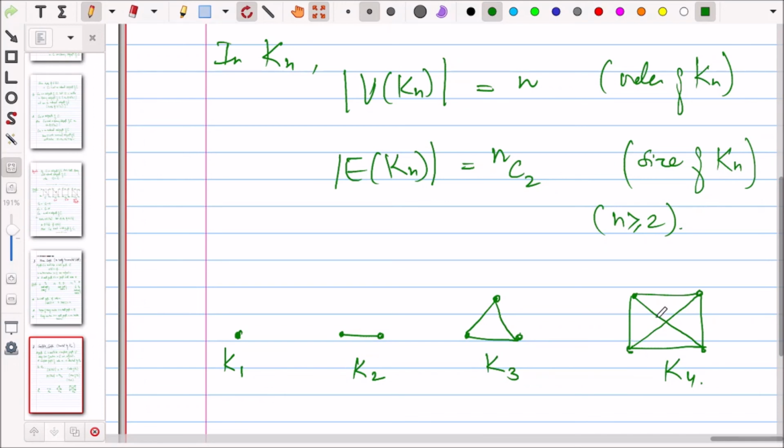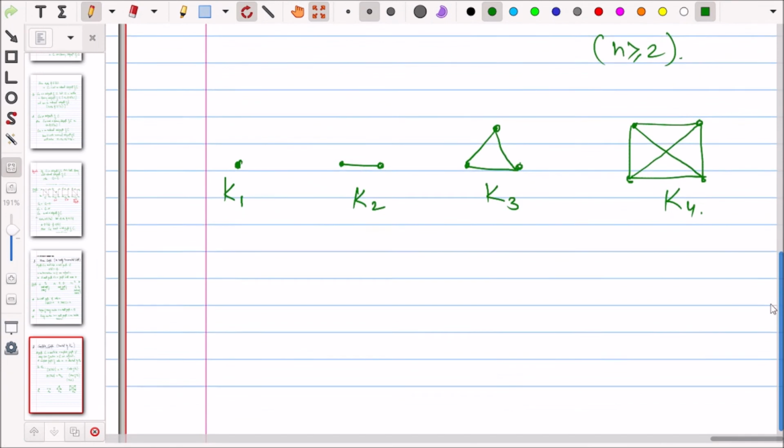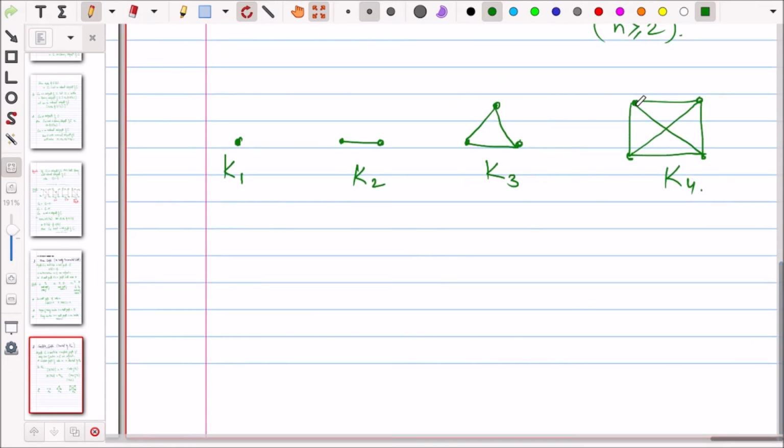So 6 edges. और कोई पॉसिबिलिटी भी तो नहीं बचती, देखो हमने सबको सबको जोड़ दिया, और कोई पॉसिबिलिटी बचती नहीं है, ठीक है ना।